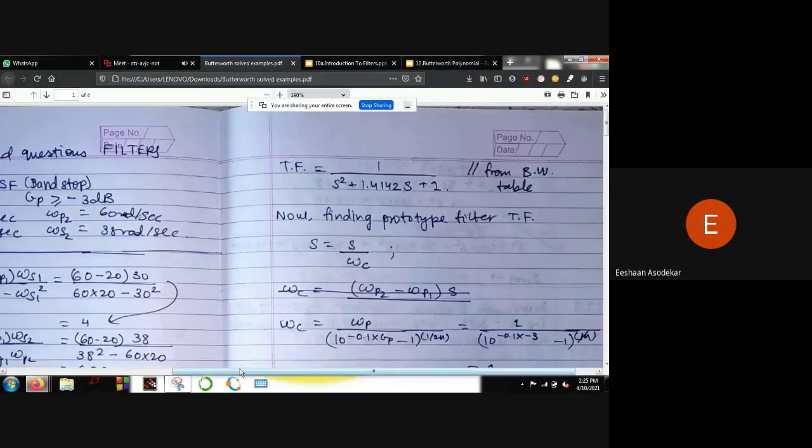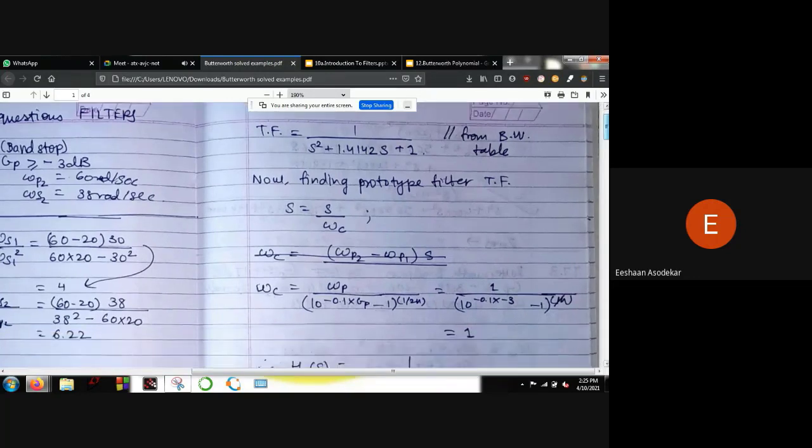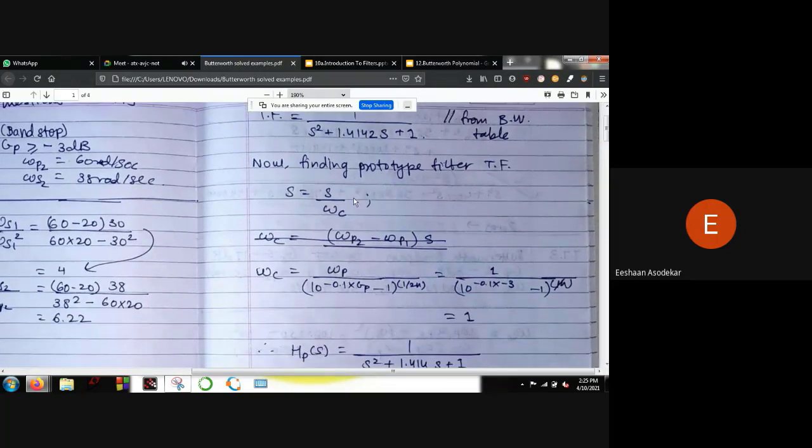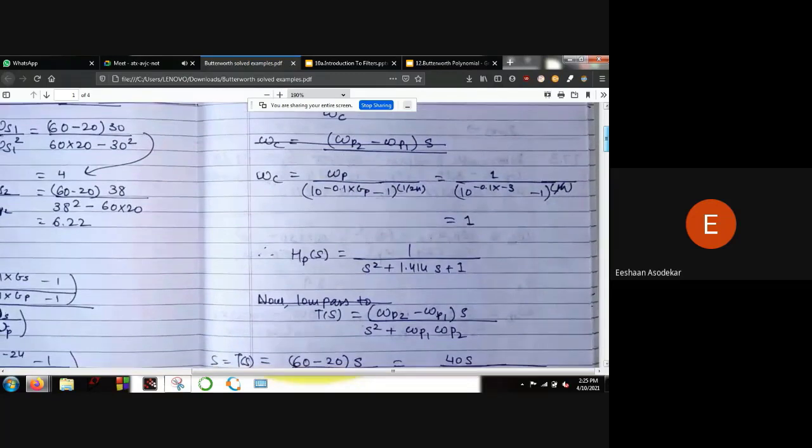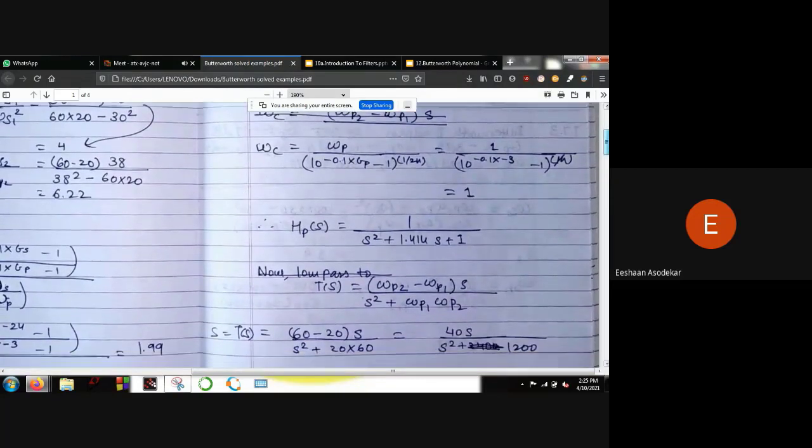So after that, since this is a prototype filter we have designed using the low pass methodology, we have to make some transformations so that it transforms into the bandstop filter that you want it to be designed as. So here we substitute s as s upon omega s, and we get the H(s).